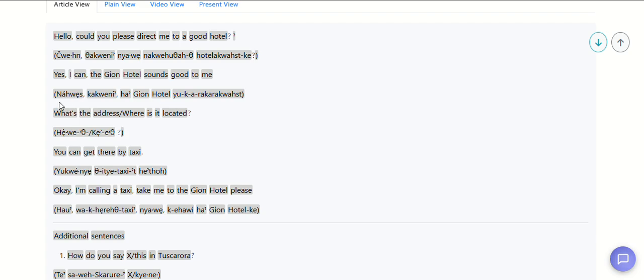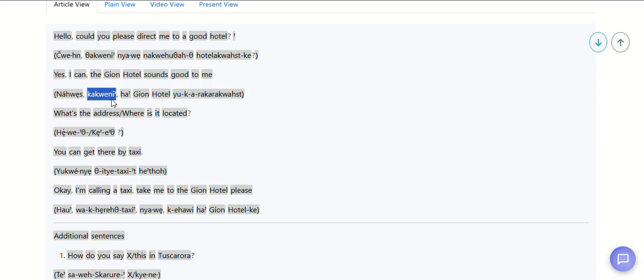And then the next one: yes, I can. The Keon Hotel sounds good to me. So, not once, Kakweni. Not once means yes. And ka, the first person singular verb conjugation, is basically just a K. And then you can combine that with whatever verb. Usually, if you have two K's, I think it just folds down into one, so you don't have to say a double K. But you've got Nawas